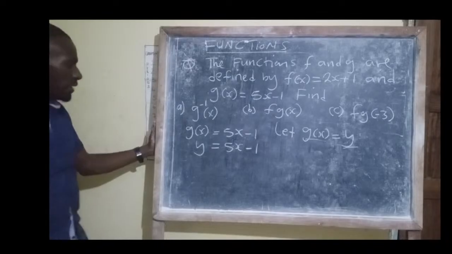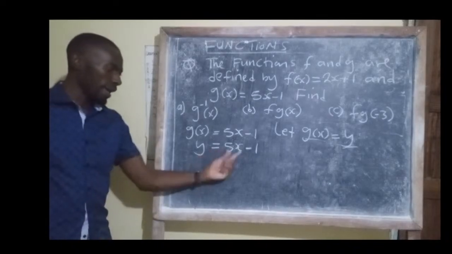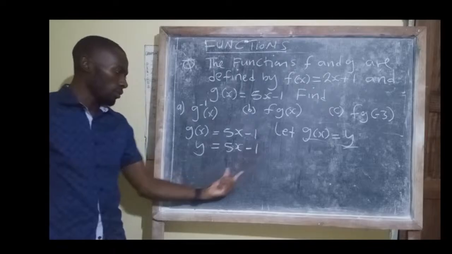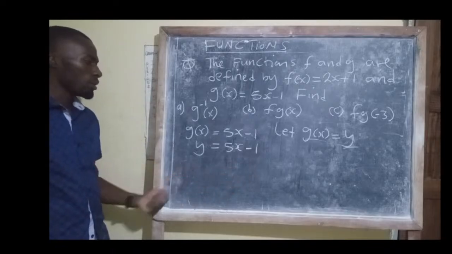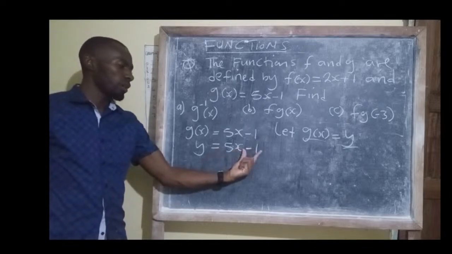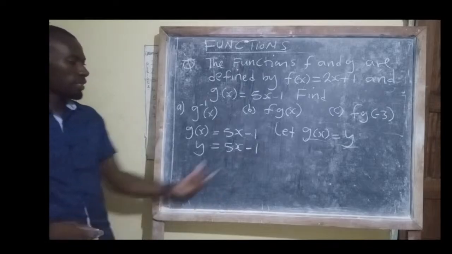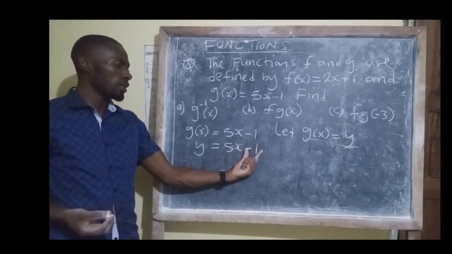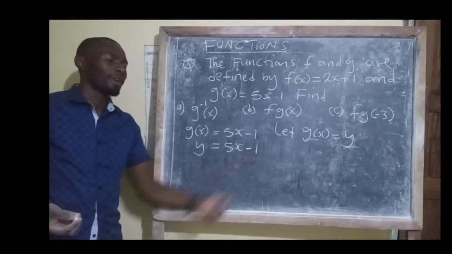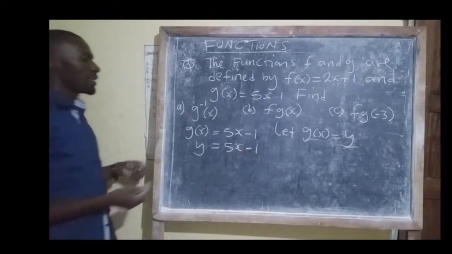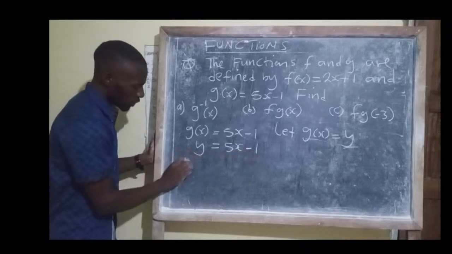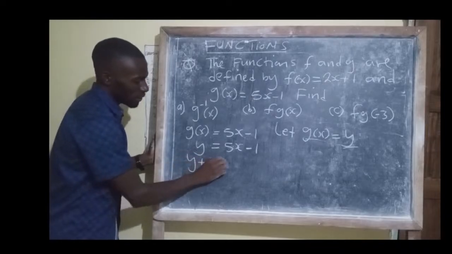Then after that, you are now going to make x the subject of the formula. So you let this negative 1 cross the equal sign and it comes here as a positive. In other words, you find the additive inverse of negative 1, which is 1, and you add it to both sides. When you add 1 on this side and the other side, you remain with a 0. But in most cases, we just let this constant number cross the equal sign so that it becomes a positive. So we're going to have y plus 1 is equal to